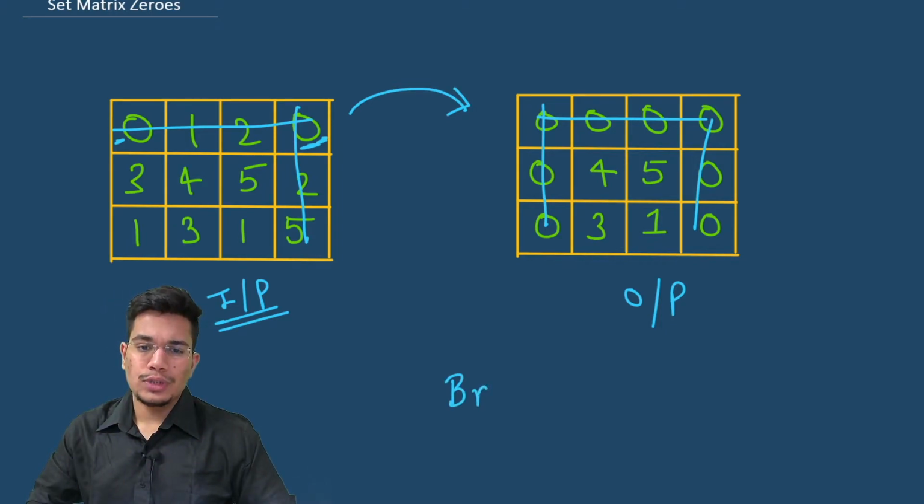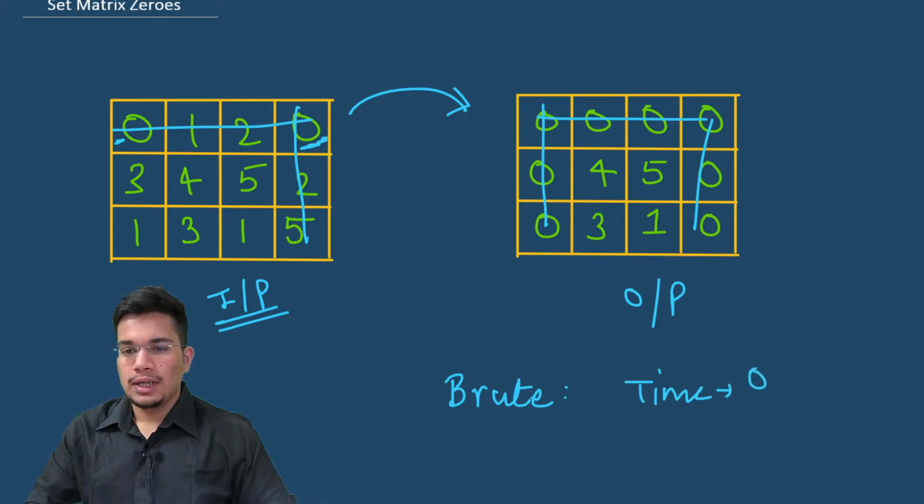So that brute force method, the time complexity for that will be n cross m for basically iterating over all elements, and then you iterate over the individual row and column as well, for which you need to change the value, so n plus m as well. So this is going to be the overall time, and space is going to be constant because again we are not using any extra containers, so space is going to be constant.